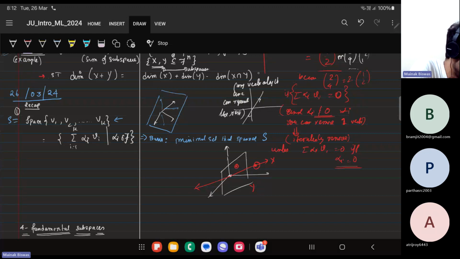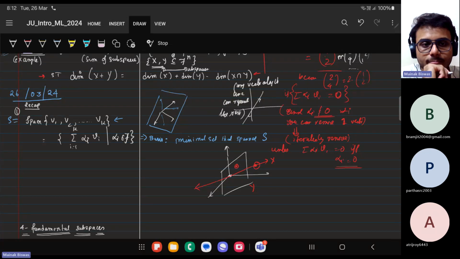You have to show the dimension of this sum set is the same as this. So any ideas? We'll find a minimal set of independent vectors and see what that dimension is. Okay, that's a good idea. Let us start. But which one to start with? Do you agree that X intersection Y